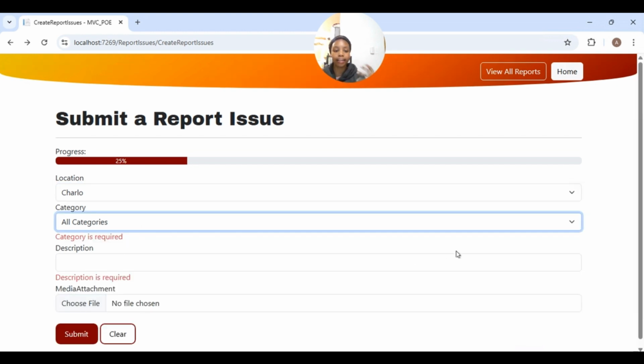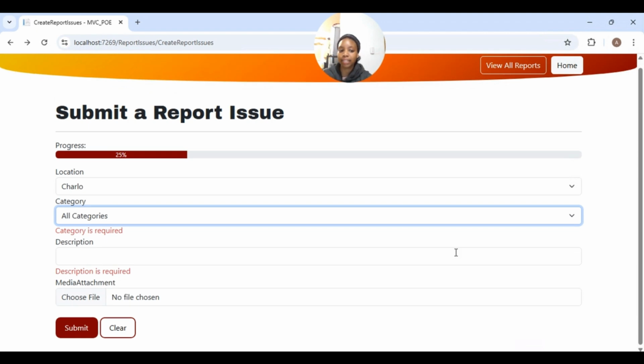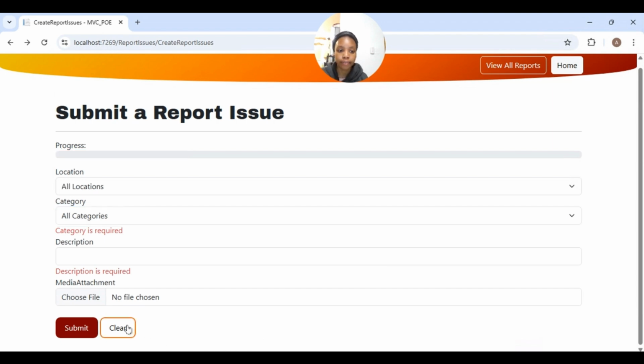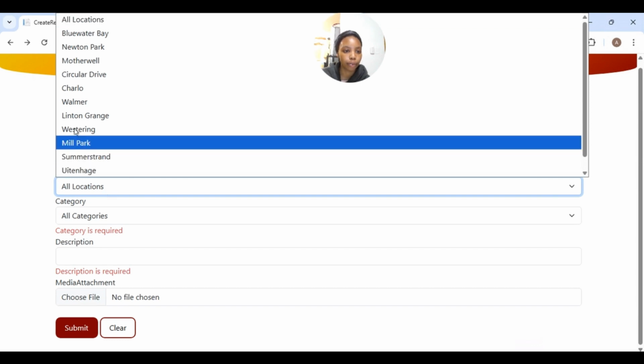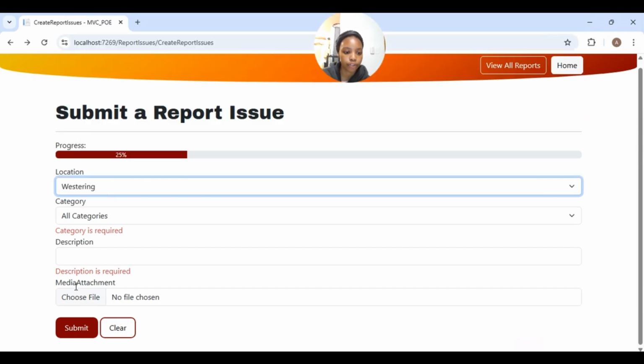So this is the error handling, and it tells me I can't submit because I haven't done my categories or my description. The media attachment is optional, so it's not something that the user has to attach. So I will just clear, and then you can see the progress does go to 0. My location did get removed to go to the default, and now I'm going to go back to the Westring. So Westring over here,